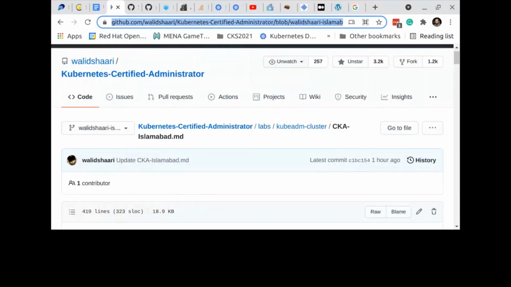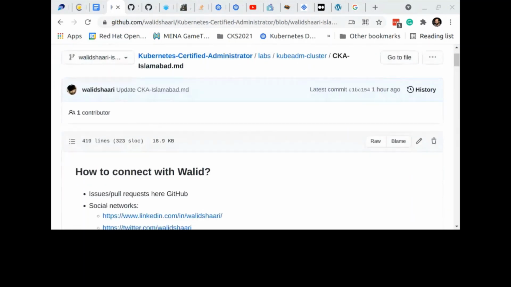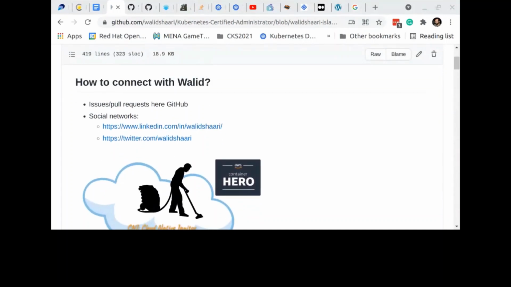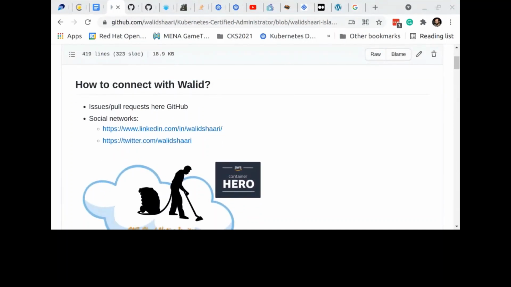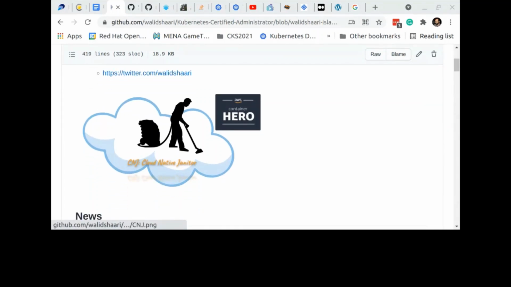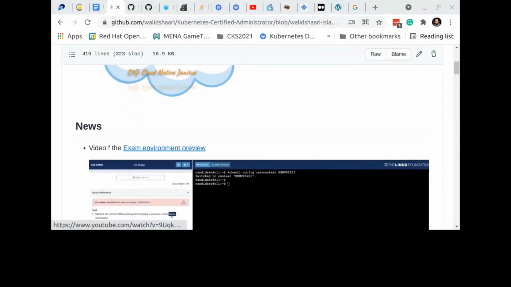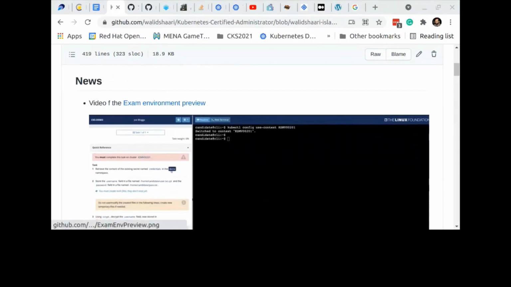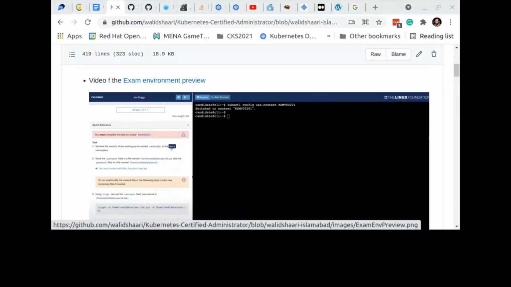Now, I don't have slides, but I have this page. I'll share it again in the chat if you want to follow. If you would like to connect with me, there will be issues in this lab. So if you want to raise an issue or a pull request, you are more than welcome, and I thank you up front. If you want to connect with me on social networks and Twitter, I already saw some people from the Cloud Native SUSE Foundation course on board. You can connect with me on Slack also, in Kubernetes Slack, CNCF Slack, Red Hat Slack and AWS Slack.